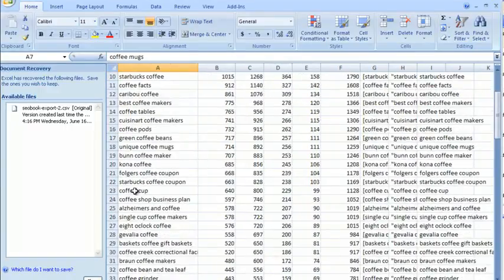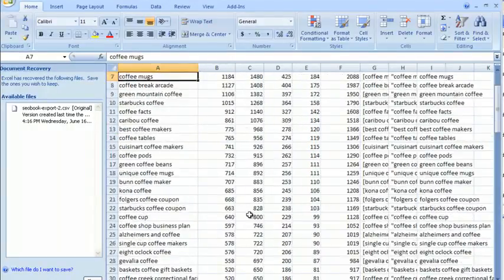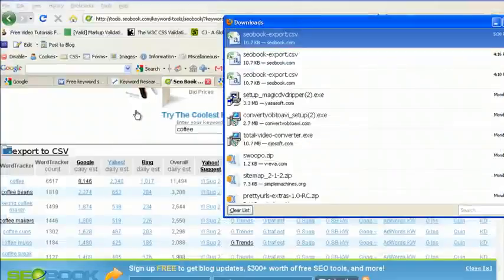And I can come through this list and I can actually look around and think, well, coffee cup, there's a good one. I never thought about doing that. It's getting 640 visits a day from Google. These numbers are quite nice. They're a bit lower than something like this, but like I said, have more chance of taking control of it, looking nice. So what I could do is I could take that word coffee cup, control command C that,